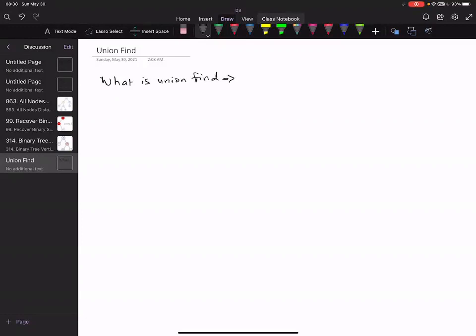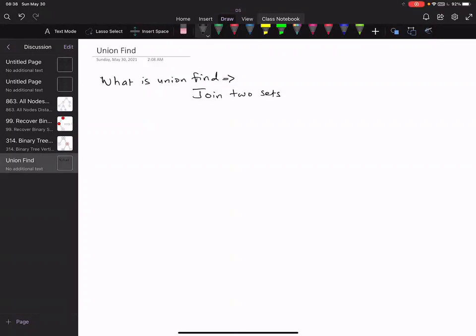Okay. And why is this data structure used? For example, a tree is the data structure used to model parent-child relationships, right? So for what kinds of problems is union find used? To join two sets.